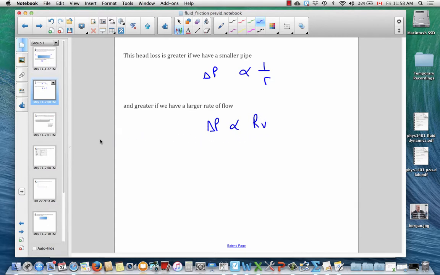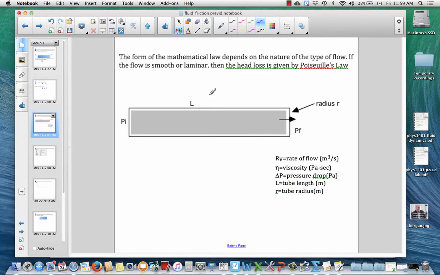Now, there's a couple of cases of fluid flow that affect the precise formulation of this pressure head loss. First of all, if the fluid flow is smooth and laminar with no turbulence, then the head loss is best represented by Poiseuille's law. Poiseuille's law says that the head loss, the drop in pressure over the pipe,